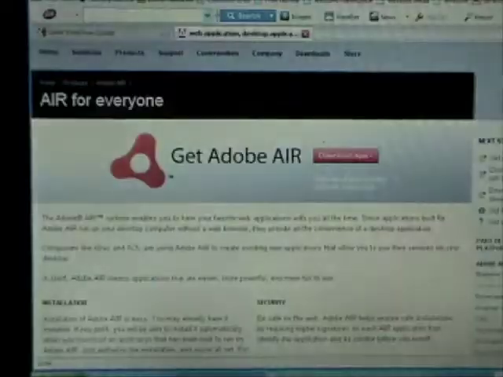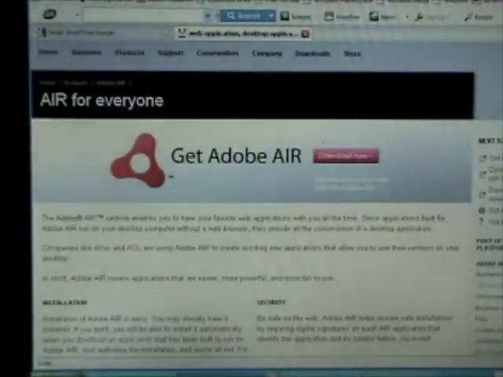AOL is also one of the early adopters of Adobe AIR, and I'll show you an example. This is to have web applications within your desktop even without a browser. Some of the early adopters of this is eBay. Now with eBay on AIR, as they call it,